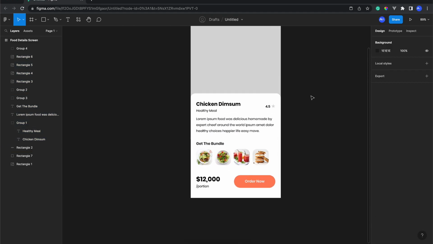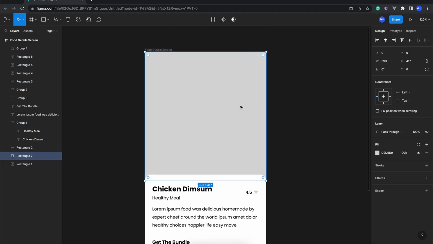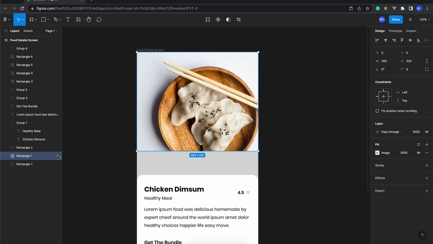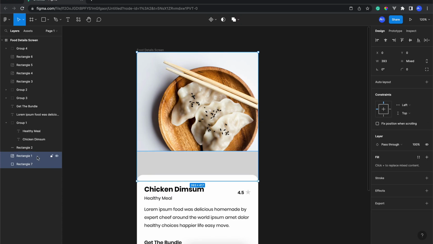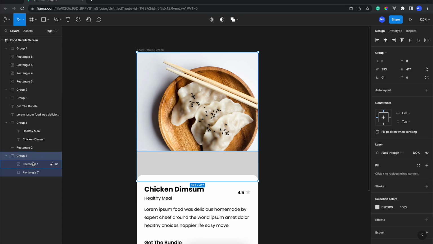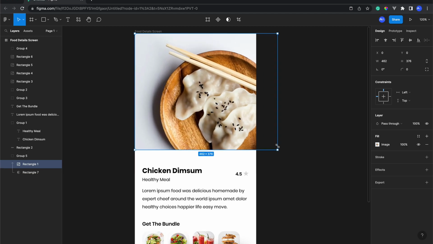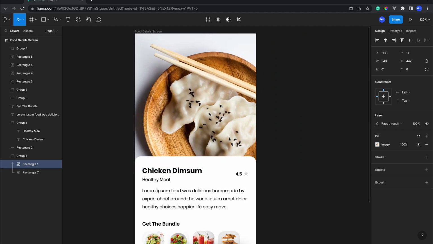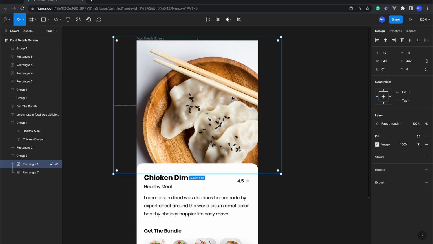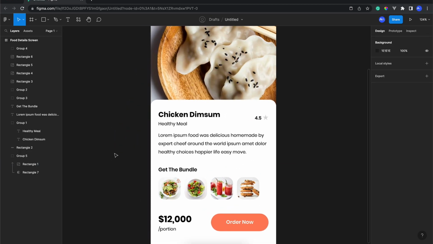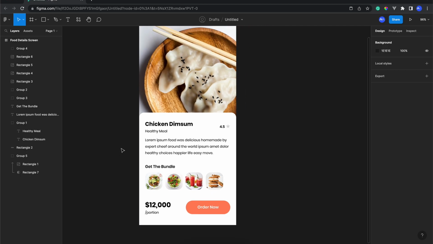Okay, just like this. And for this rectangle 7, we're gonna move behind this rectangle 1, and we're gonna select this layer and Ctrl G for grouping. And in this rectangle 7, we're gonna use this masking. So whenever we resize this image, it's supposed to be rounded back from this rectangle 7. Okay, just like this, and it looks delicious, seriously, right?